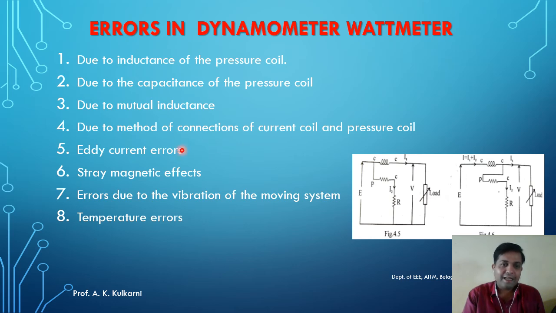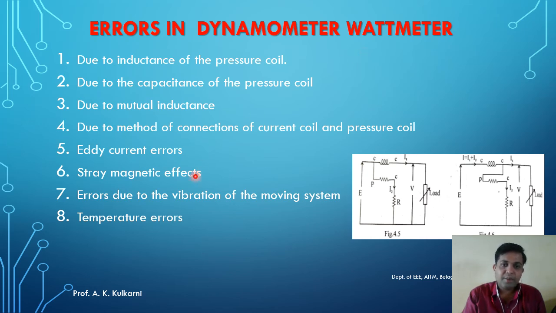And the error due to the eddy current. As we know, the moving coil has some spring over there, right? So due to that, what will happen? An eddy current will be created around it, which means another kind of flux will be created. So this time how many fluxes will be there? Two fluxes of the fixed coils, and one flux due to the moving coil. So due to that, an eddy current will be created and another flux will be created, and the eddy current will flow through the coils. So once again, an error will be created in the wattmeter.